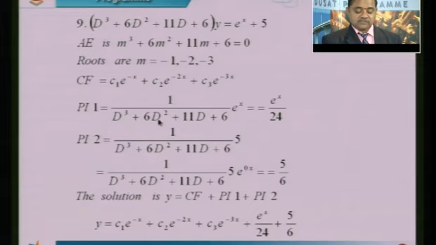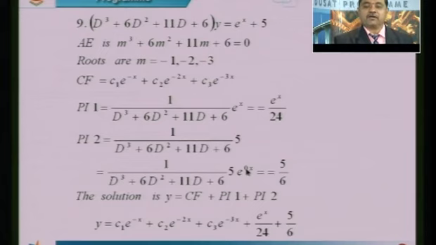So here 1, 6 plus 1 is 7, 7 plus 11 is 18, plus 6 is 24. So you will get e power x by 24. This you already know, previously I have done 3-4 questions like this. Now the idea is, for this 5 is there, in the next step I have written 5 into